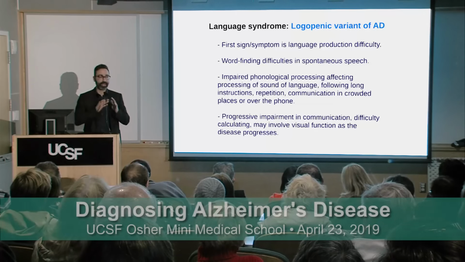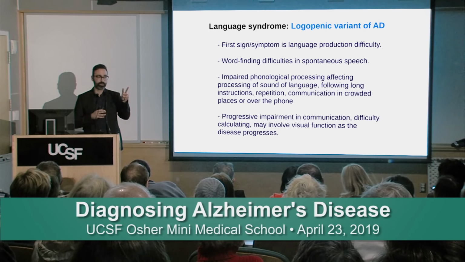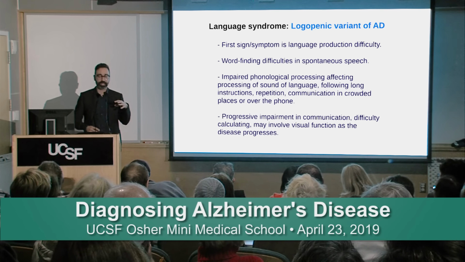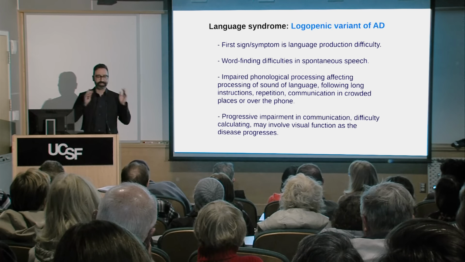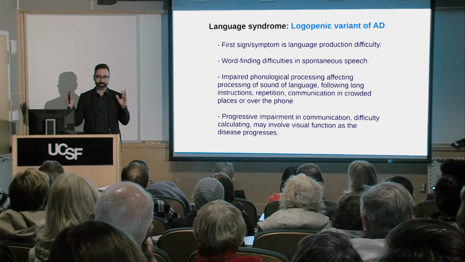And also they start having difficulty listening to people talk, especially if they are being told something that's really long, because it's way more sounds, right? So if I were to tell you, get out, these are two sounds, 2 syllables, it's way easier to process than if I say, make sure to get ready. We are going now for dinner. We're going to be late. It starts at 8 p.m. This is a lot of sounds that the brain now has to process. So for people who have this variant of Alzheimer's disease, they would have a really hard time with these long sentences as opposed to shorter sentences.